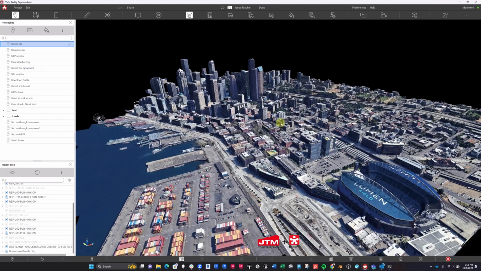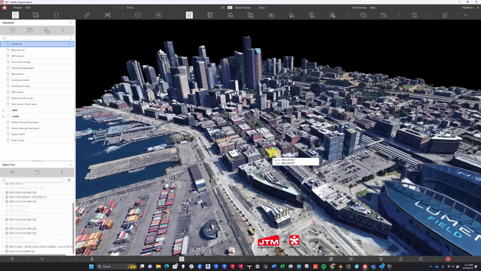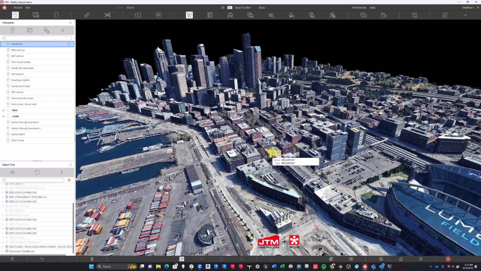Just being a designer, you want context to help explain your vision or your story to the owner. And having context just adds more to your overall design. And obviously, you can use it for takeoffs as well. If you need to take off or measure and verify existing conditions, this can be pretty helpful. I mean, it's obviously not 100% accurate because it is Google Maps. So it's not as accurate as actually laser scanning,